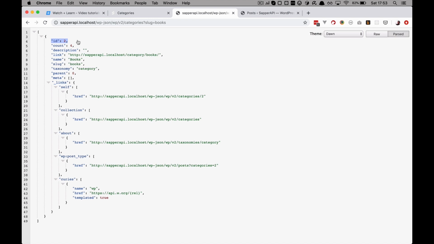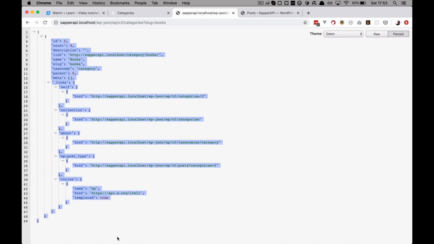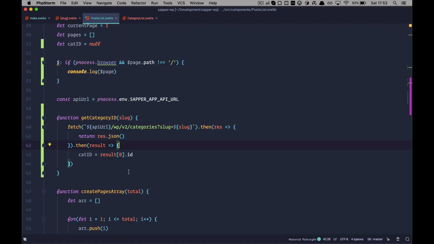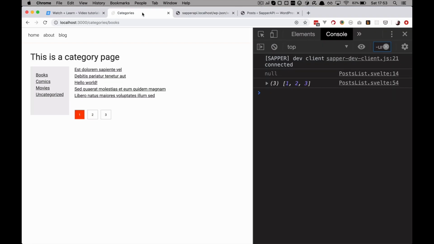And in that category, I will have the ID of that category. So we will go right here and return the response, and in that response, we will get the result. The result is going to be this. From that result, we can read the category ID and then set that category ID right here. So instead of console log page, I can do console log get ID. Save this, go to the browser, and now